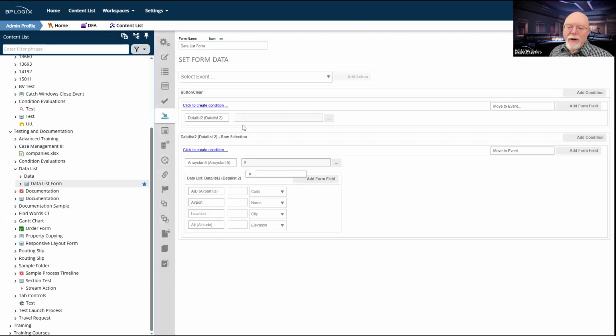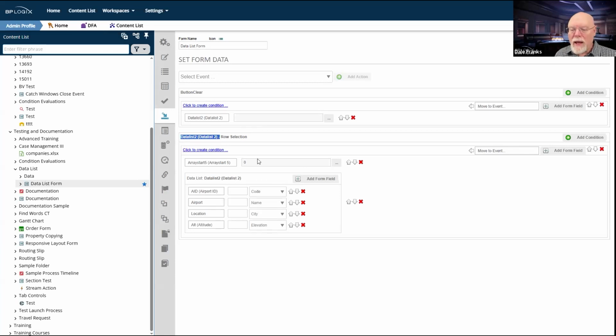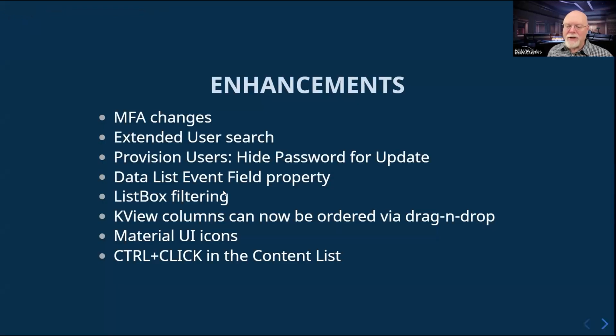All you have to do is just use the event, which in this case is my data list 2 control. And so when I click the data list 2 control, it just clears the array and then adds all of the selected items in the data list directly to the array at the bottom of the form. And so now you don't have to click that extra button to make any of the magic happen.